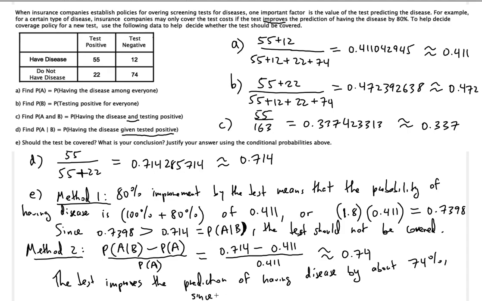So since 74% is less than 80%, notice that the test will only be covered by the insurance company if the improvement in the prediction of having the disease is at least 80%. A 74% improvement is 6% less than the required threshold. Since that is true, the test will not be